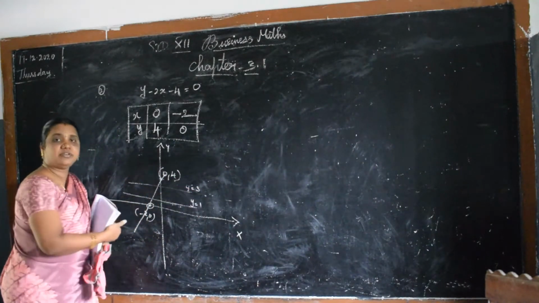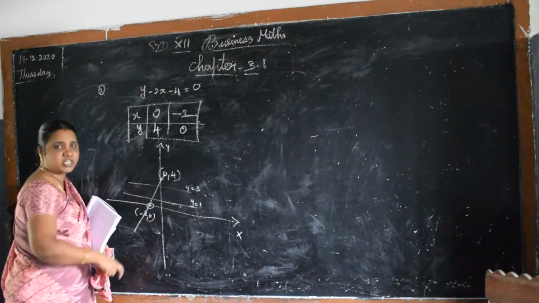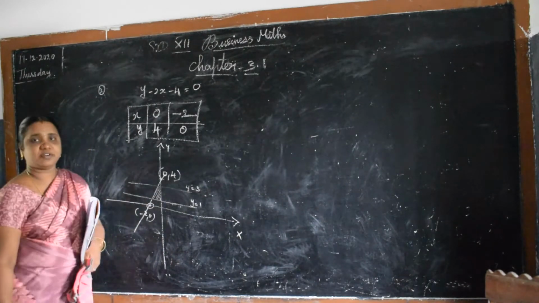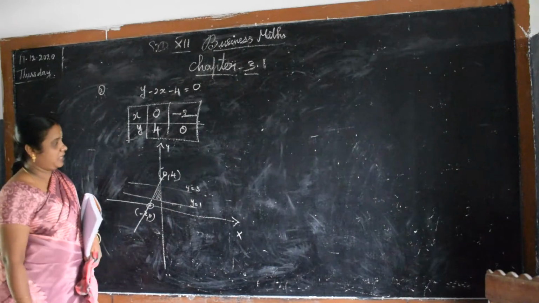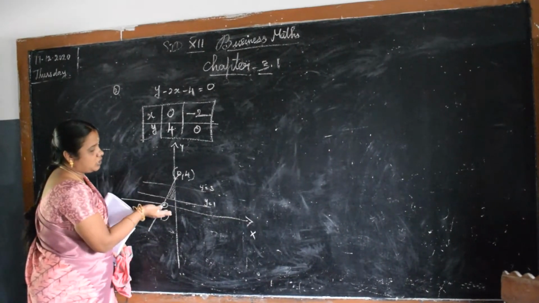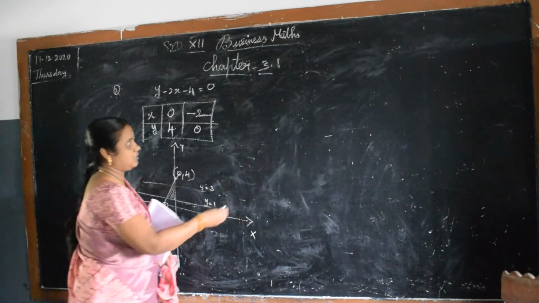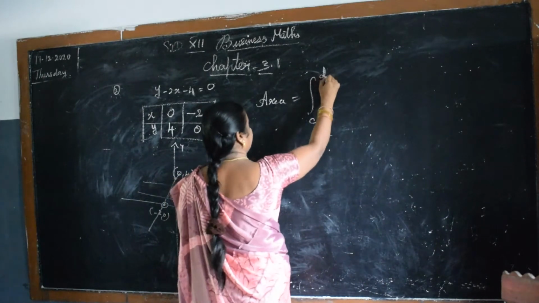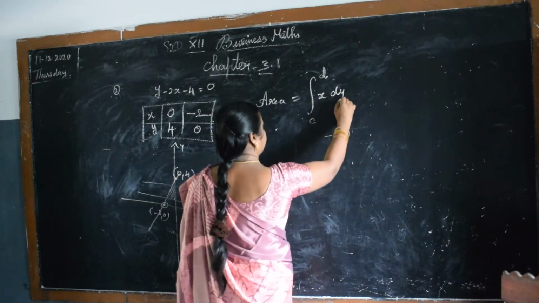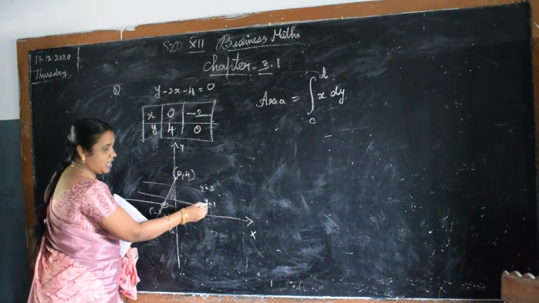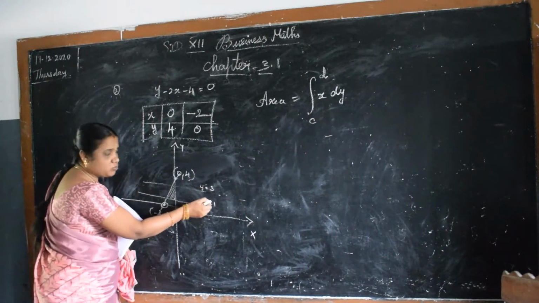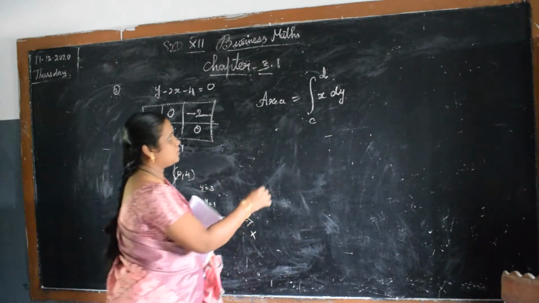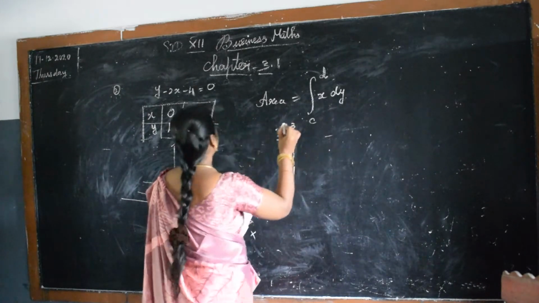Which portion do you have to find the area? The region to find, if you see, is this one. For this portion only you have to find the area. Which formula we can apply, see here. This lies above the x-axis. That means, see, area is integral c to d x dy. Have you understood, children? With the limit 1 and 3. What limit is given? Bounded by the region 1 and 3. So you have to write our upper limit is 3, lower limit is 1. So 1 and 3. What is the value of x here?